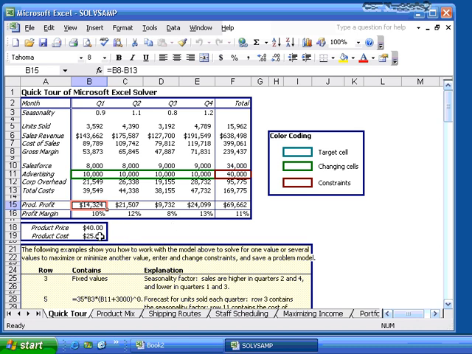And they're going to say, based on all this information here, I want to be able to maximize my product's profit by changing the advertising, or what kind of advertising can I use or spend to make my Q1, because maybe Q1's got to be our make it or break it. If we do good here, we're going to be awesome. All right, sounds good. So what we're going to do is change values, and Solver is going to go through doing what if analysis. What if I put in this number? What if I change this number? What if I do? What if, and eventually it will come up with the best solution,